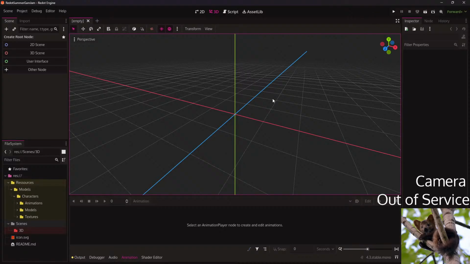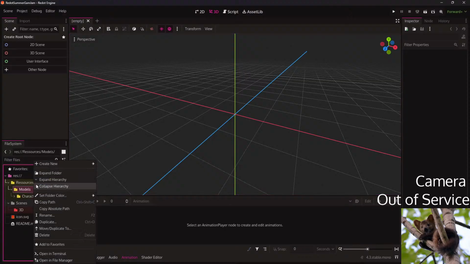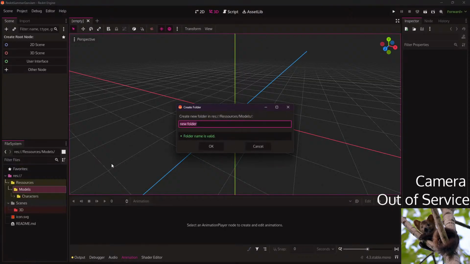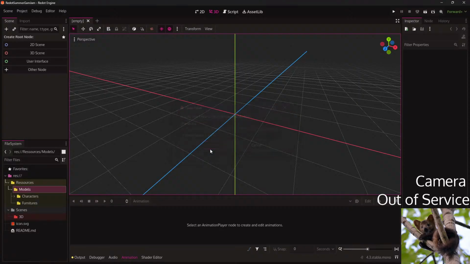No, it doesn't show. So anyway, yeah, models, characters, and I'm gonna go with, I don't know, furnitures? Does that make sense? Things. Let's go with furnitures. Okay.